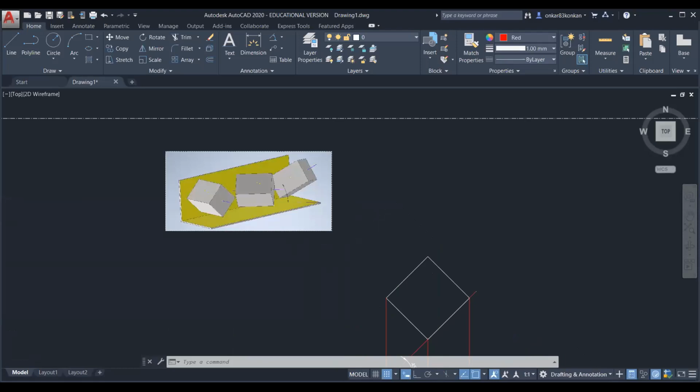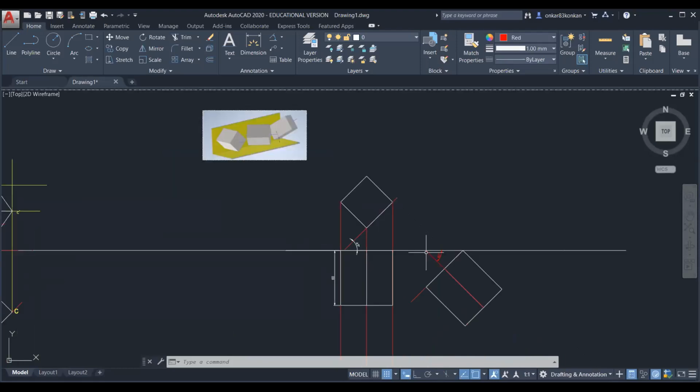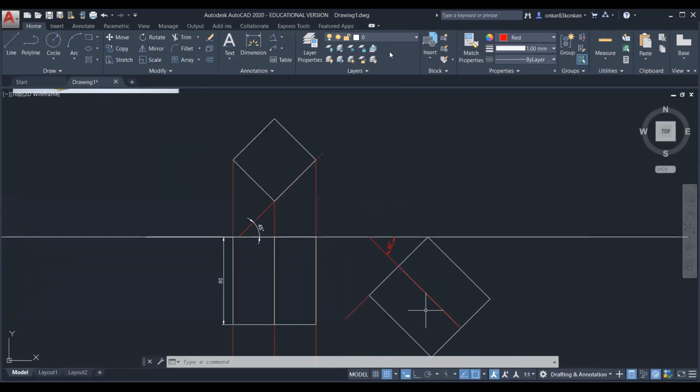We will try to find out these hidden edges after projection. First, try to find out the intersection points from the bottom base or bottom end.